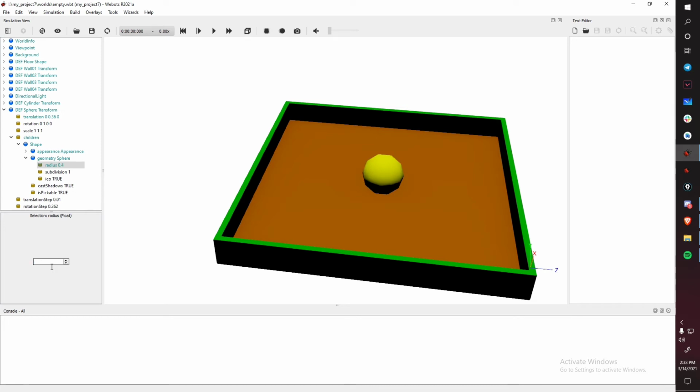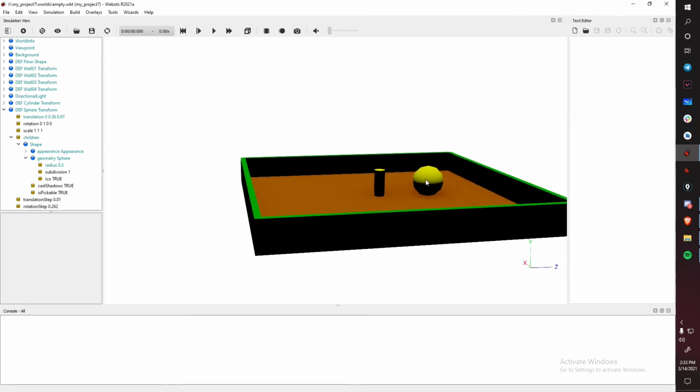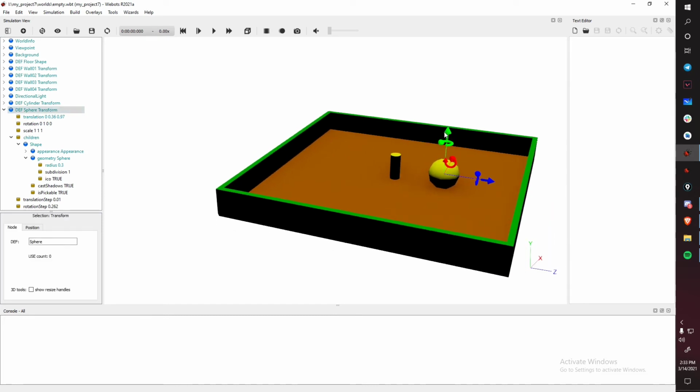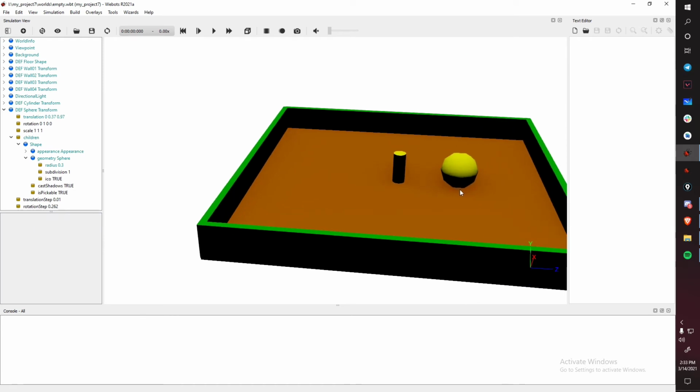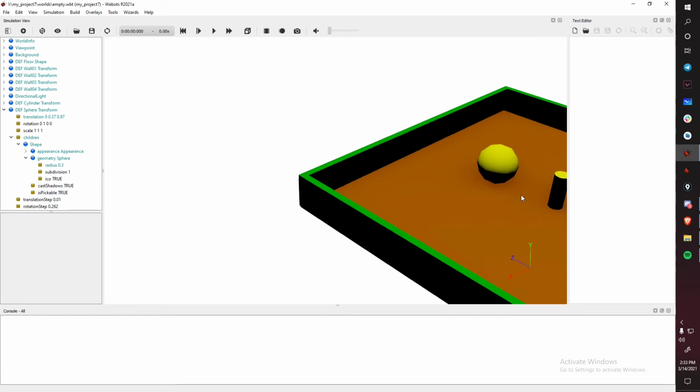As it's on top of it, our cylinder got overlapped. So now we just try to move it to the side. So we have got our sphere over here, right on this side, and let's see if it's touching the base or not. So yeah, it's fine. Now there's one more problem that we might encounter and we need to fix,